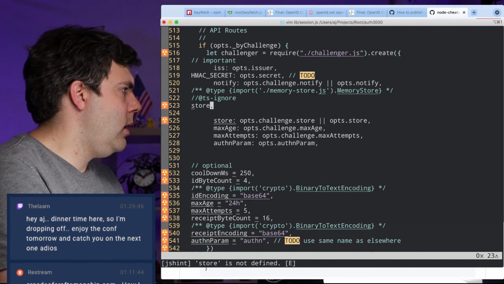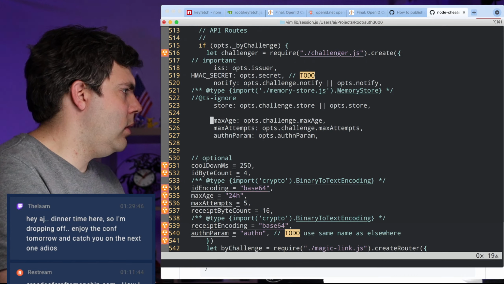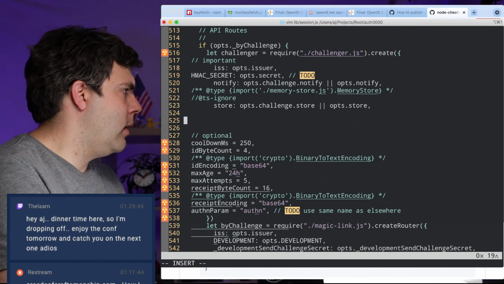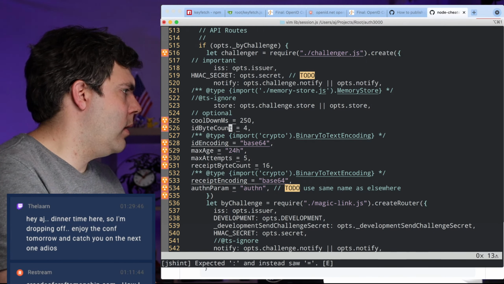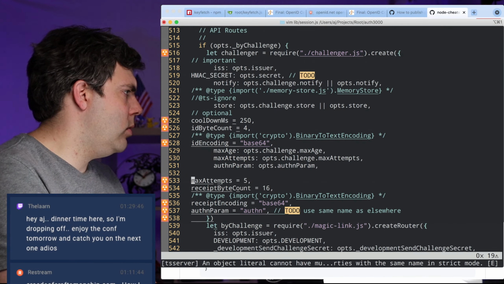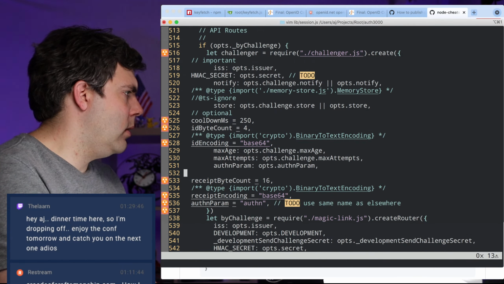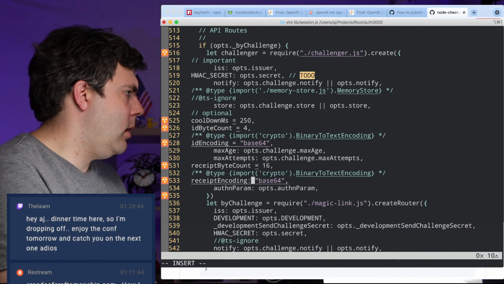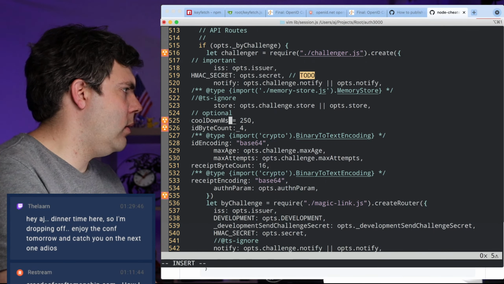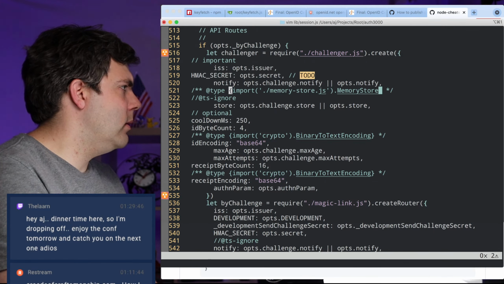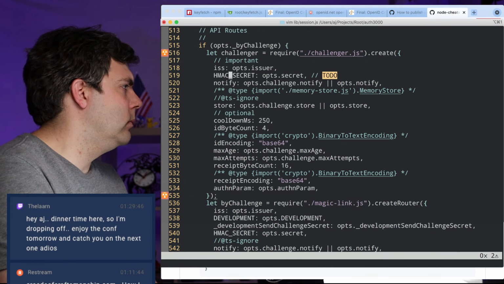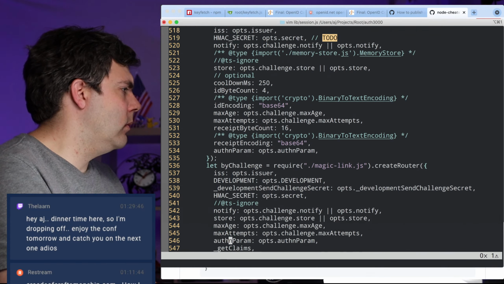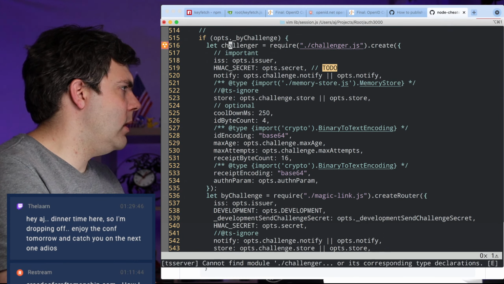Okay, notify, store, max age, max attempts, authn, and then ID encoding, ID count, cooldown milliseconds. And then I guess development's not needed there.